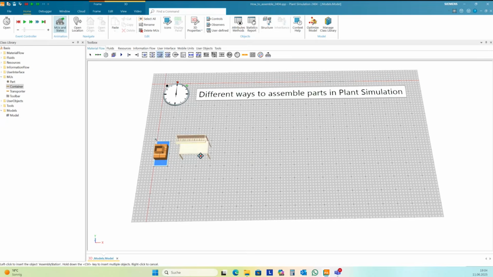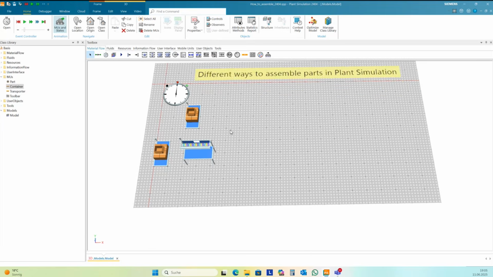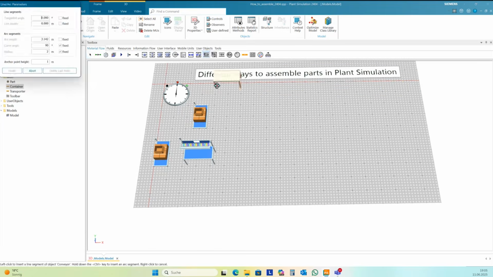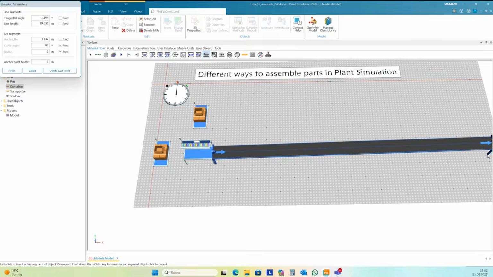This is our basic element for assembly processes. I need another source for the part I want to assemble, and then I start a conveyor, a very long conveyor here.